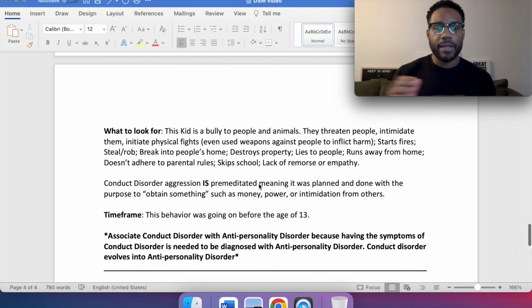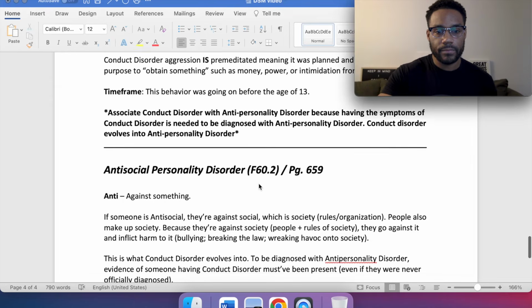The time frame, this behavior was going on before the age of 13, and associate conduct disorder with antisocial personality disorder, because having the symptoms of conduct disorder is needed to be diagnosed with antisocial personality disorder. Conduct disorder evolves into antisocial personality disorder. And then when we jump to this one,